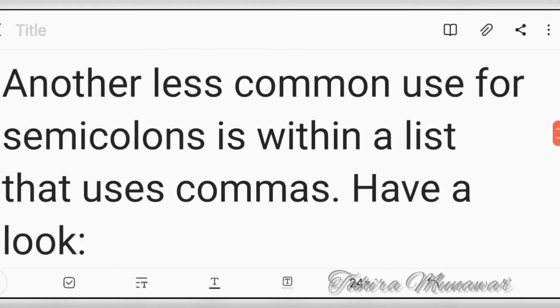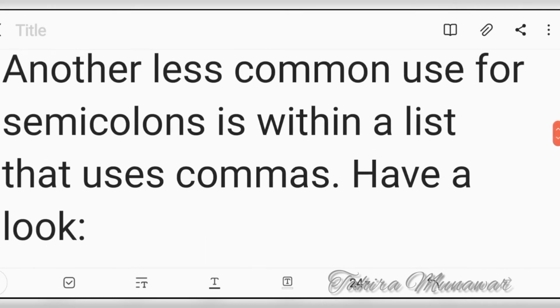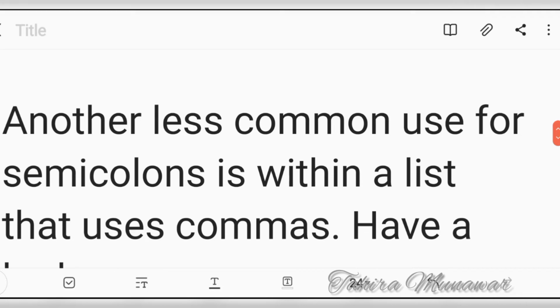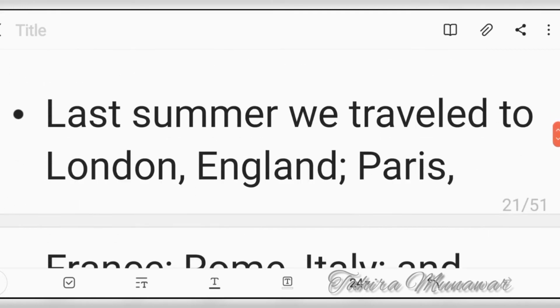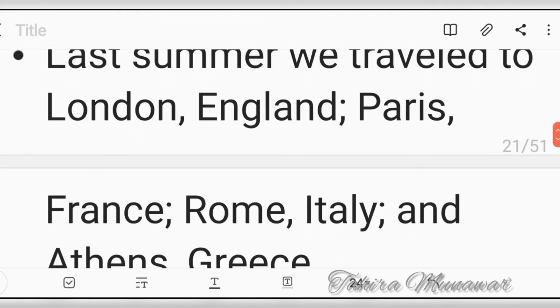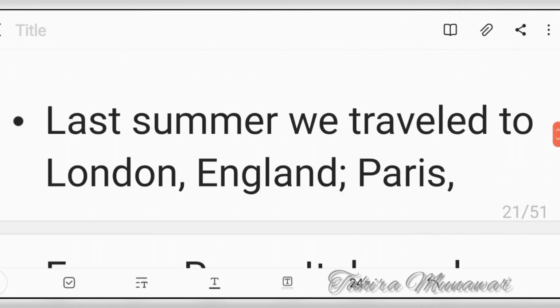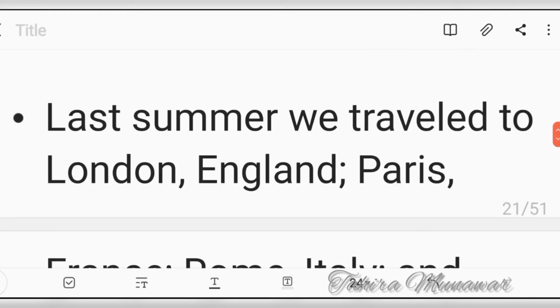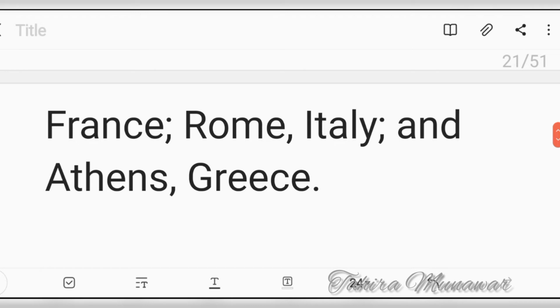Another less common use for a semicolon is within a list that already uses commas. This is a less common use of the semicolon, used instead of commas. But if you are confused, you should prefer using commas. For example: last summer we traveled to London, England; Paris, France; Rome, Italy; and Athens, Greece. So you can also use commas and these